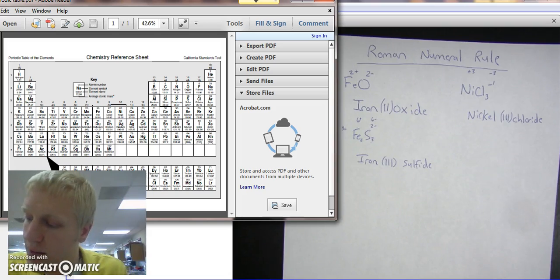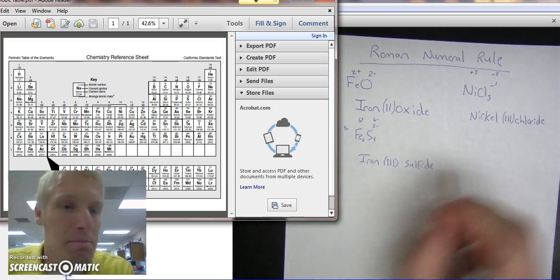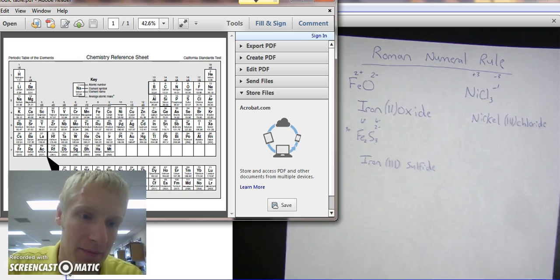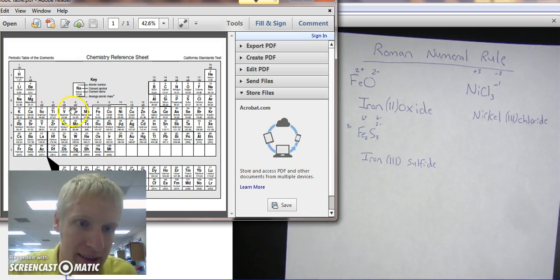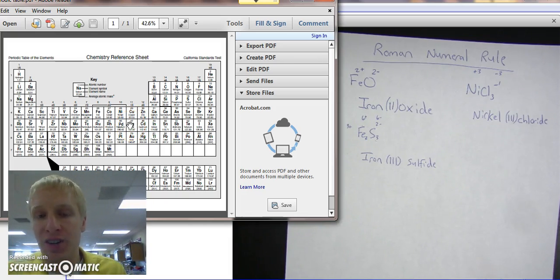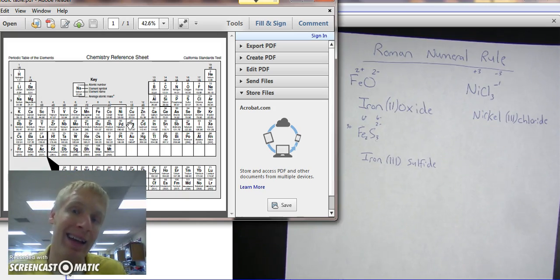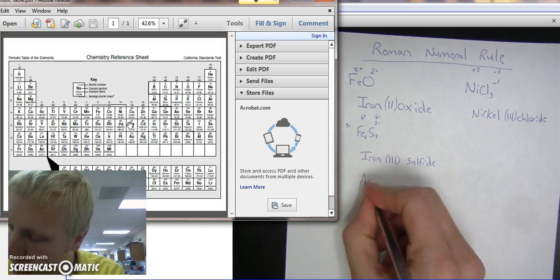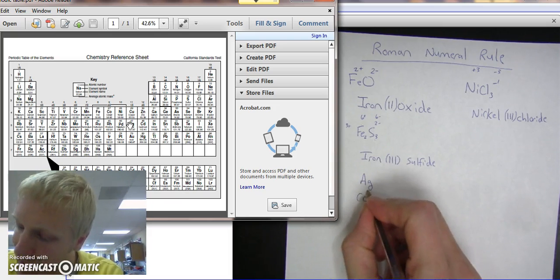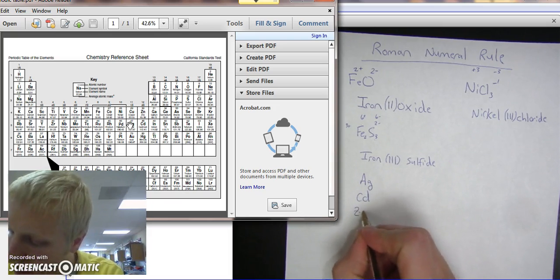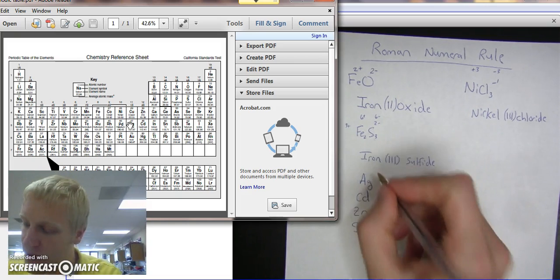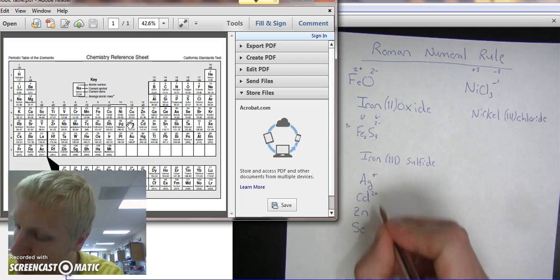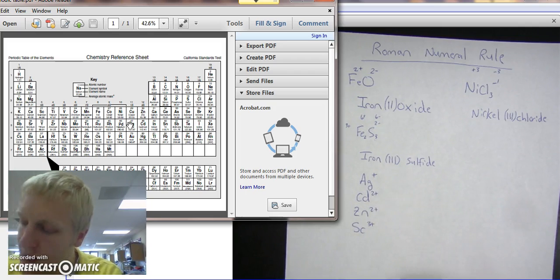Now in chemistry, when you have a rule, there's always exceptions to that rule, and this rule has exceptions too. Let me just point those out on this screen. Scandium, zinc, cadmium, and silver only have one possible charge that they could have. Therefore, they do not need a Roman numeral. So I'll just write that down. We have silver, cadmium, zinc, and scandium are all exceptions. Silver is +1, cadmium 2+, zinc 2+, scandium 3+, and those you're going to have to